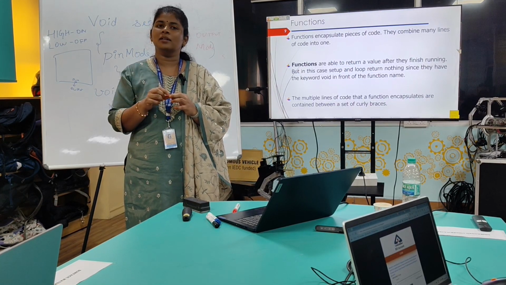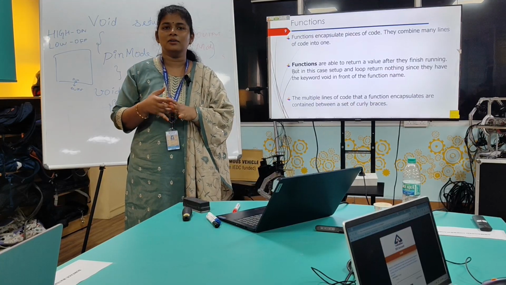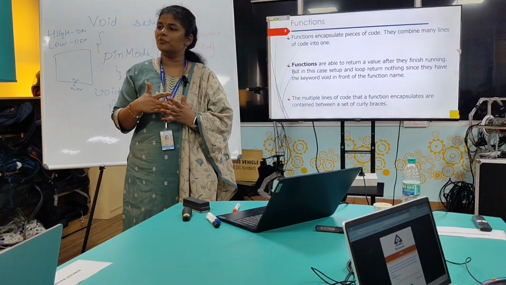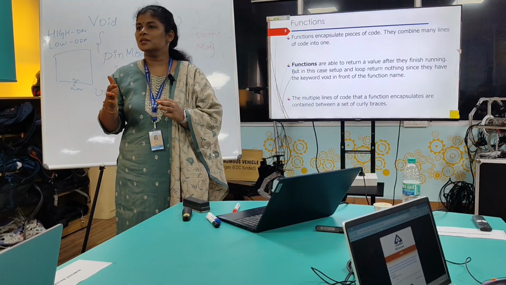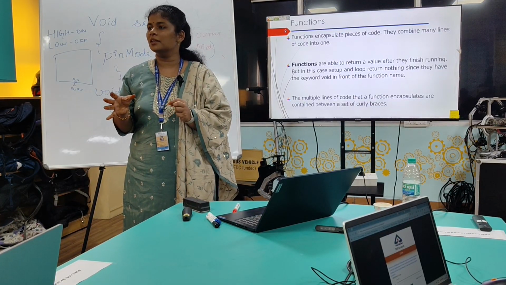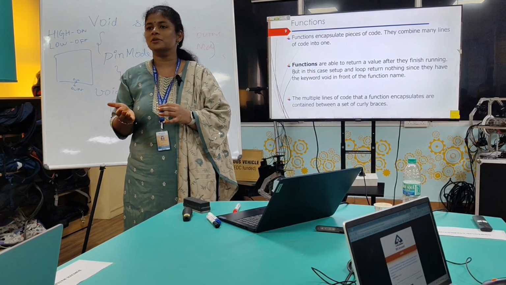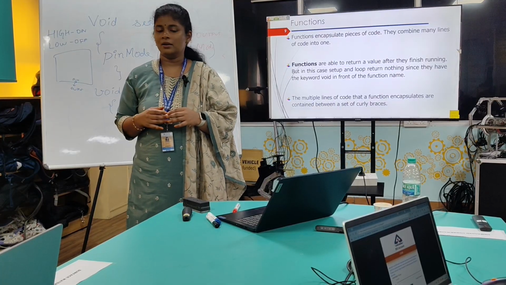Whenever you write a function, you can make it in such a way that it returns a certain value every time you are calling it. It can be as simple as a few integer variables being added together, or some basic math performed together. But this is also an option for us. You don't have to put everything just in the void loop.